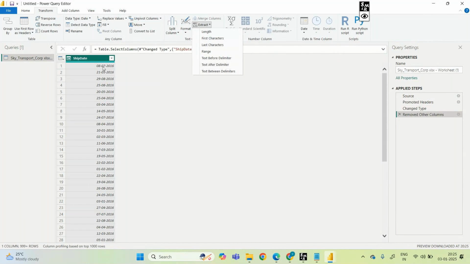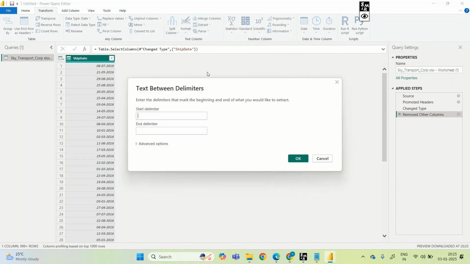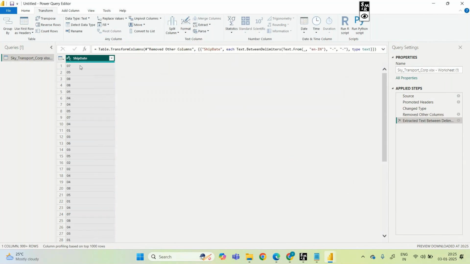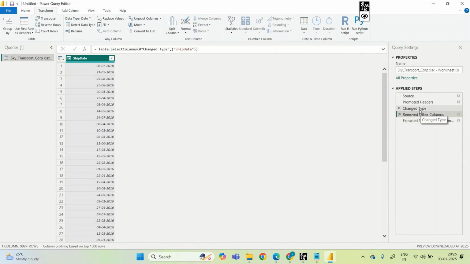If I want to extract only 07 from this, no need to write any programming, just text between delimiters. Start delimiter this, end delimiter this. See, 07. Applied steps will be there. See, it won't affect the original data.